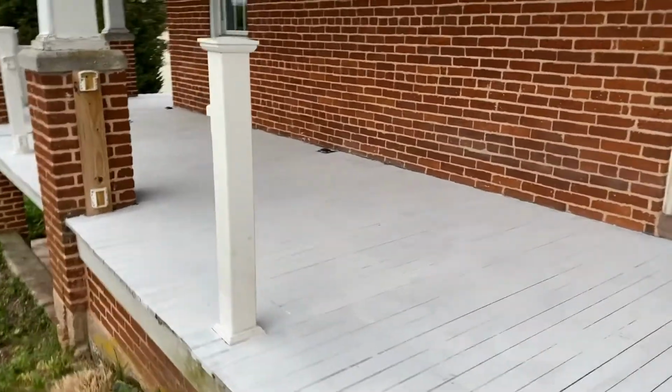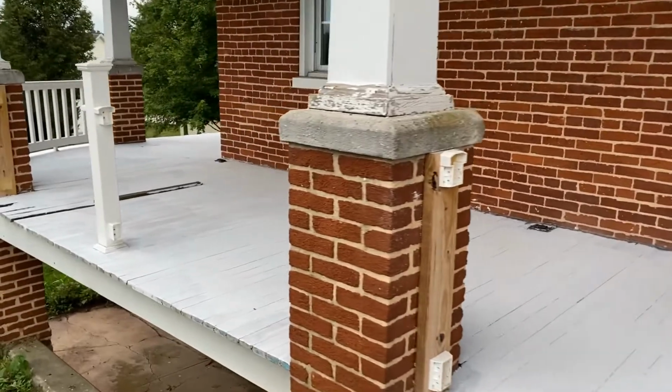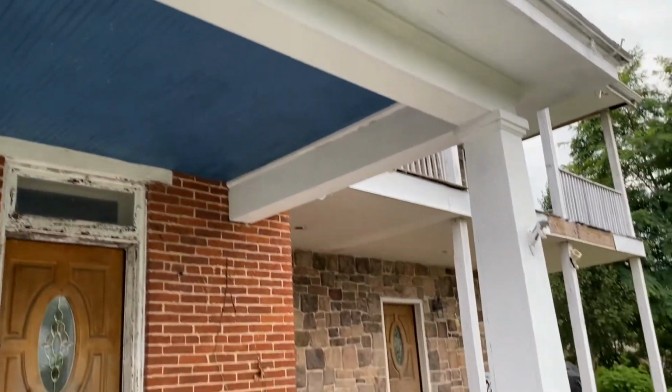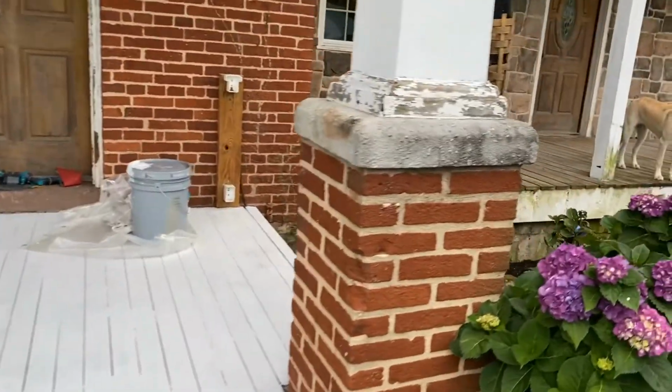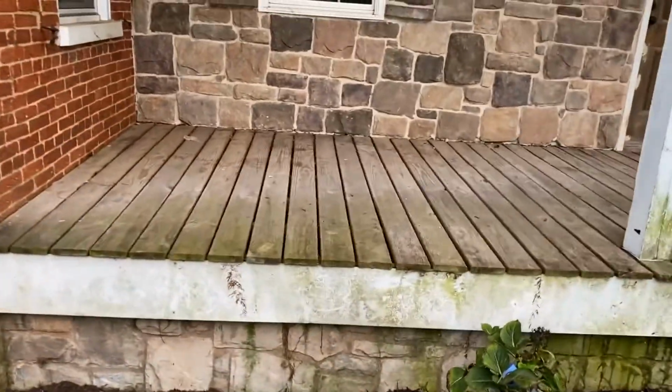Carrie worked all day today and got the first coat of primer on the floor. And then she also primed up here. And that's all dry now. We had a little bit of a rainstorm come through, so our painting process stopped. But as you can see, our